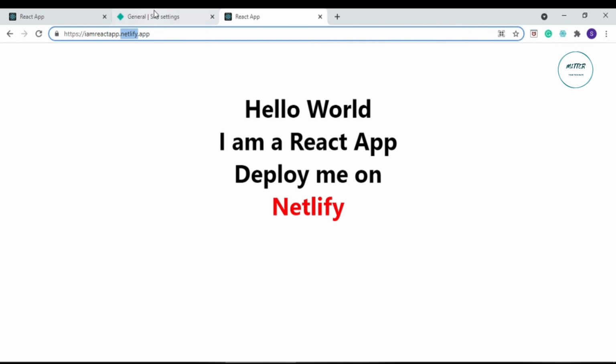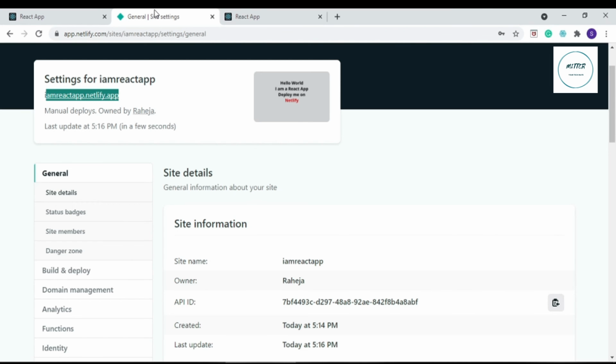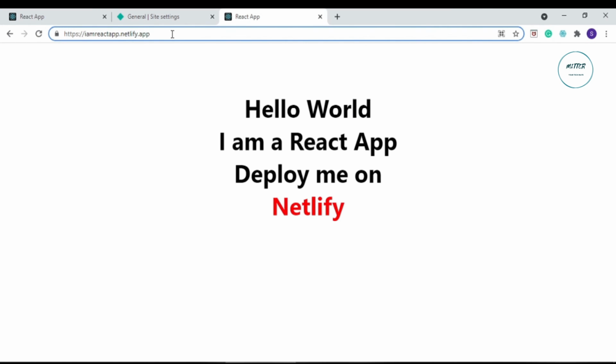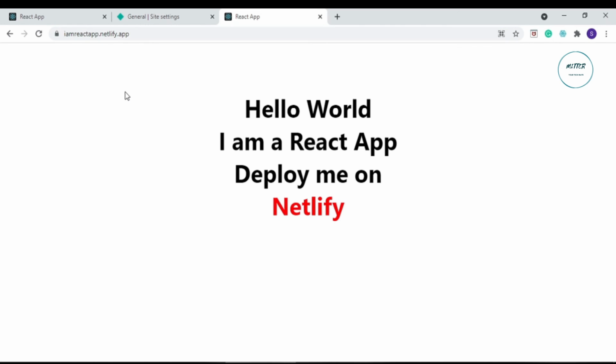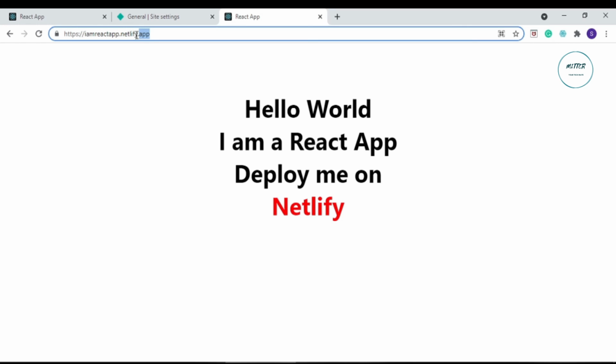But there is an option in Netlify where, if you have bought a separate domain name for your website, you can assign that domain name here. That domain name will be paid, so you have to pay some money to buy it for some period. But if you just want to deploy it for free, this is a good option. The only thing is, Netlify will include their name in the address.